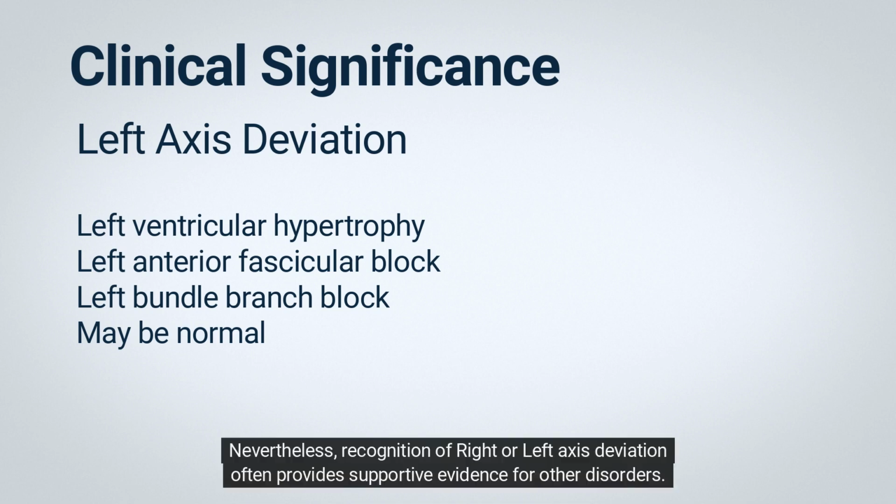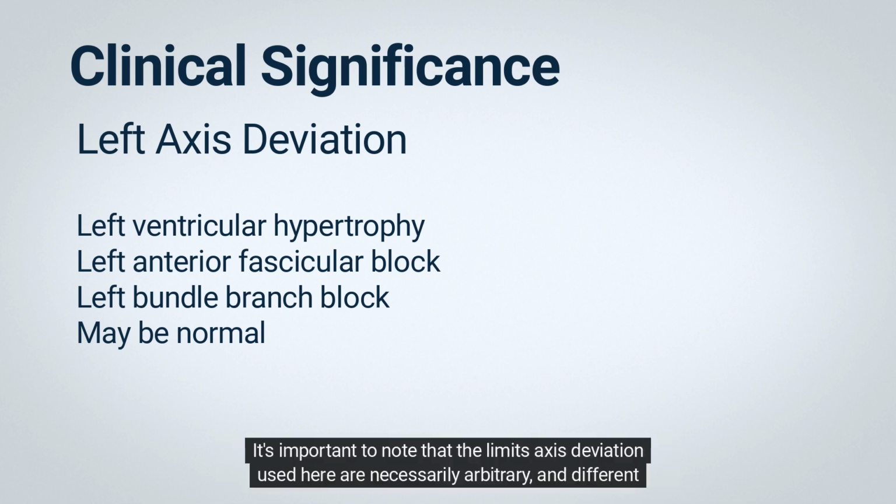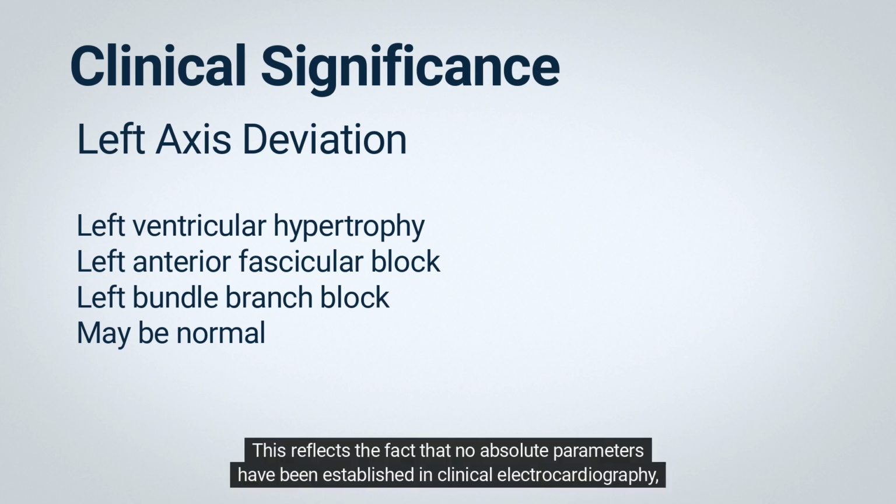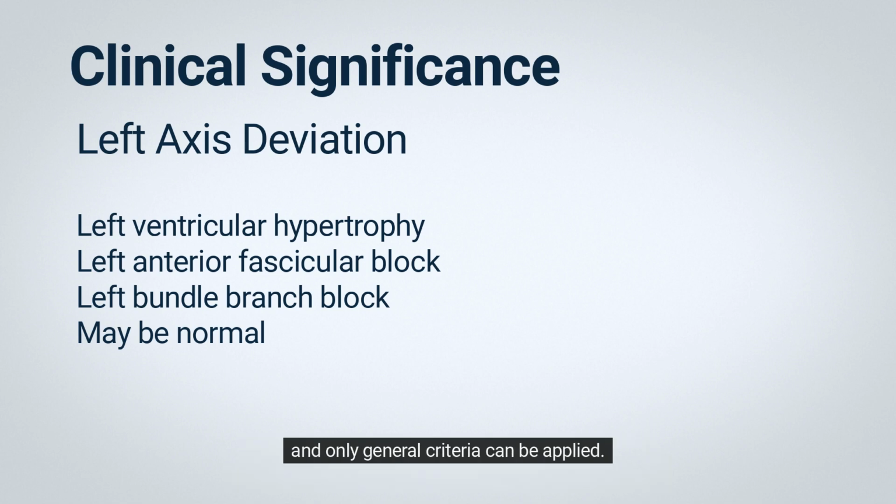Nevertheless, recognition of right or left axis deviation often provides supportive evidence for other disorders. It's important to note that the limits of axis deviation used here are necessarily arbitrary, and different authors may use different criteria. This reflects the fact that no absolute parameters have been established in clinical electrocardiography, and only general criteria can